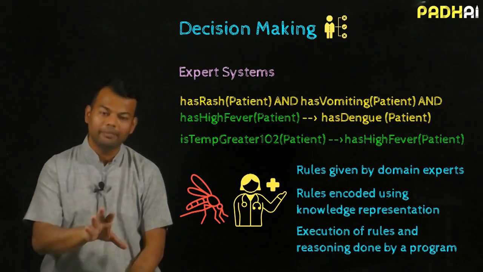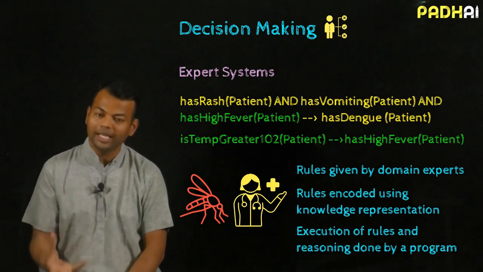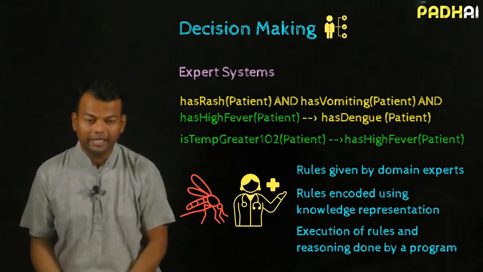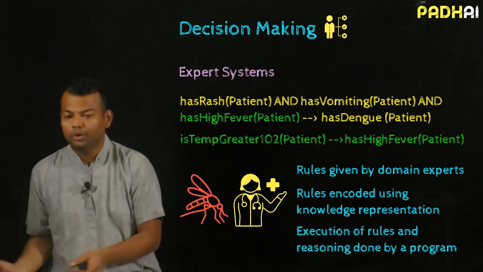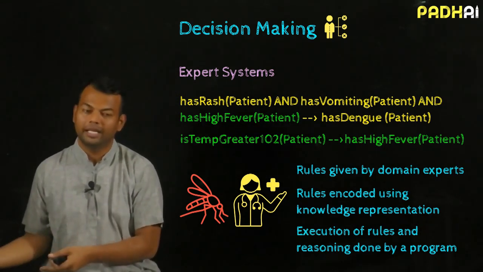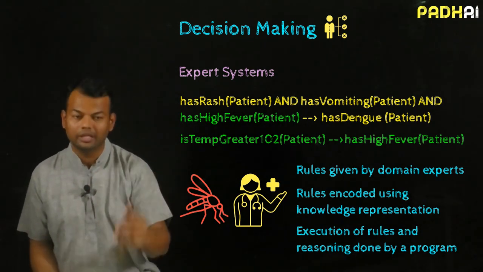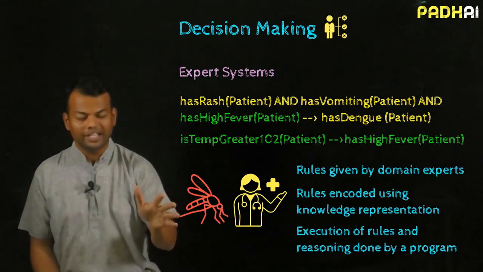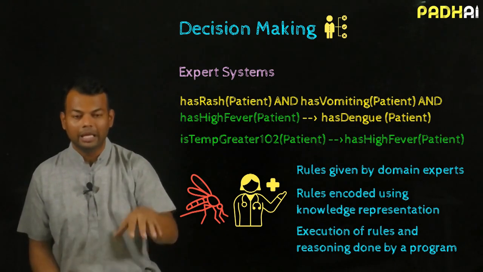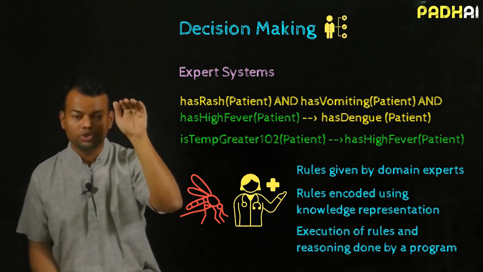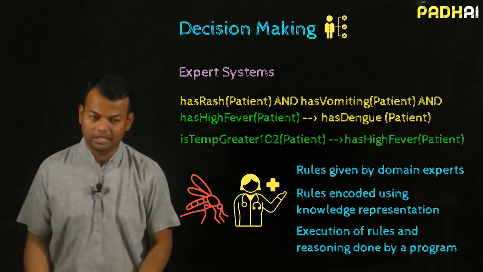Even today, there are many systems which are expert systems because these systems are very precise. If you're working in a domain where the rules are so well defined, right? If you know exactly what the symptoms are which lead to dengue, why would you use machine learning or deep learning to learn from data when the rules are already known to an expert? And he can express those rules clearly using these knowledge representation techniques, then that's where you should just stick to expert systems. And in many domains, even today, given their reliability, because this rule is so true, it's so sure that I cannot go wrong with it, right? And so I would rely on expert systems in these domains.